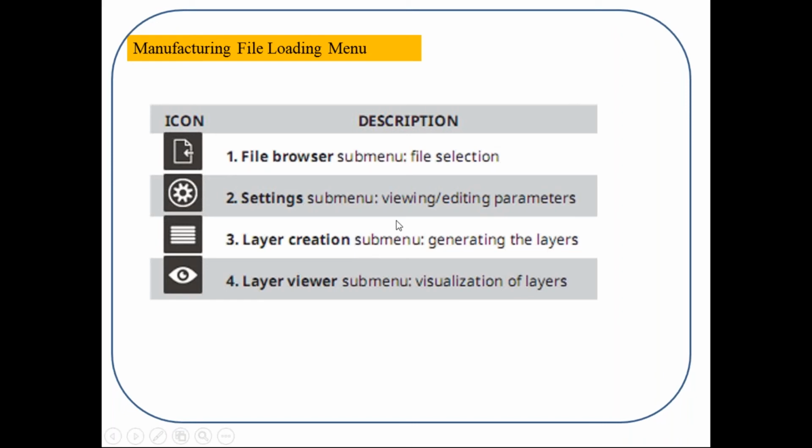In the case of supports, we need low thickness, and in the main part we need high thickness. We can manipulate this in the layer thickness. In the case of the layer viewer, we can see how the layering goes, how the cross section will be, and how the build will be completed. We can see this through the layer viewer.